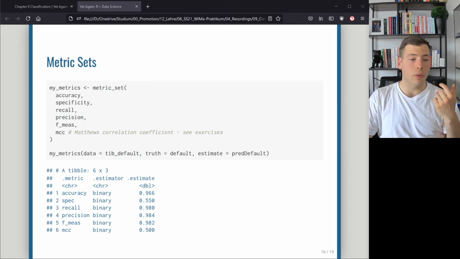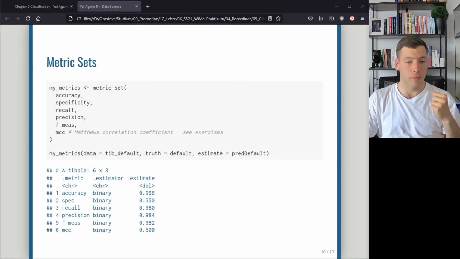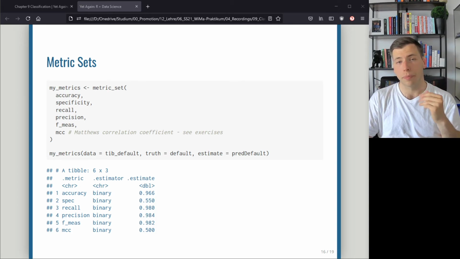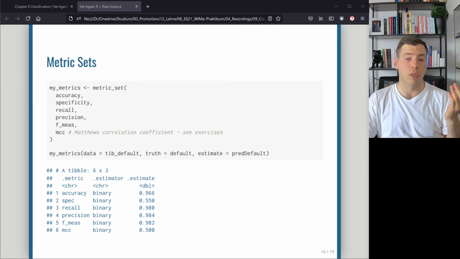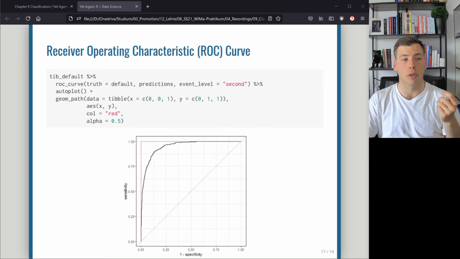A different way to look at classification, or to see how the threshold affects the classification, is to look at both sensitivity and specificity simultaneously. This will give you the so-called receiver operating characteristic curve, or ROC curve. In any case,